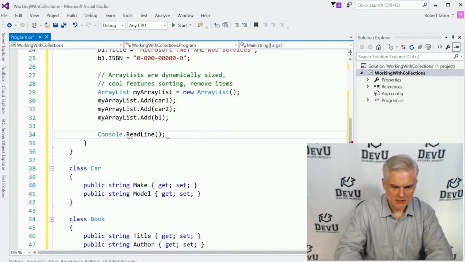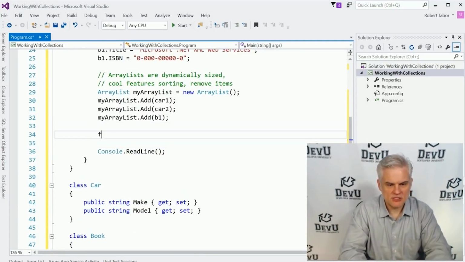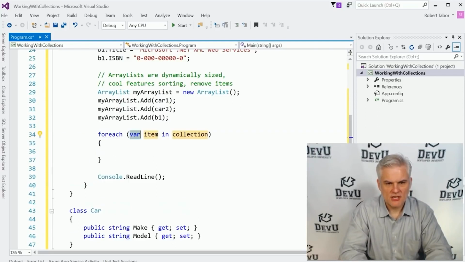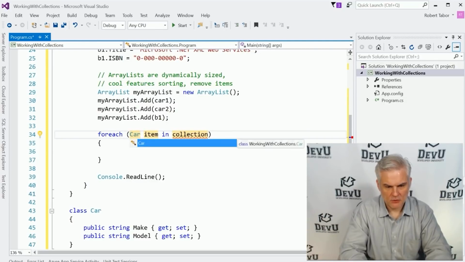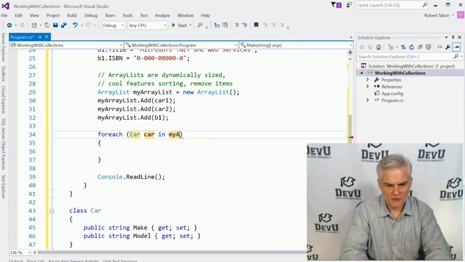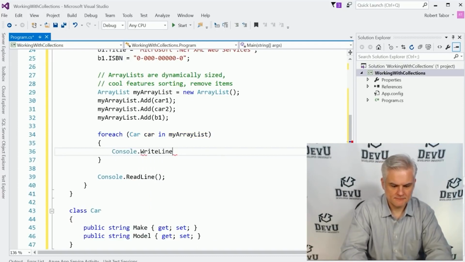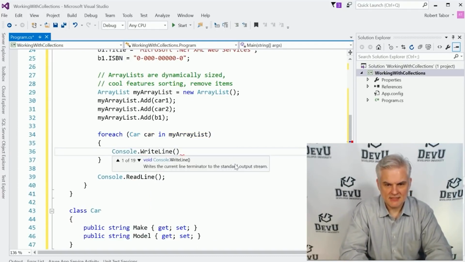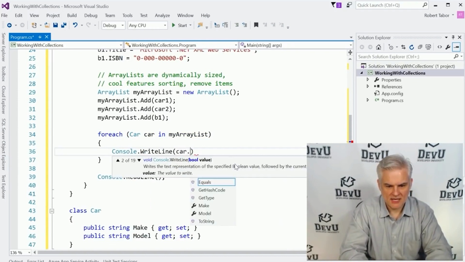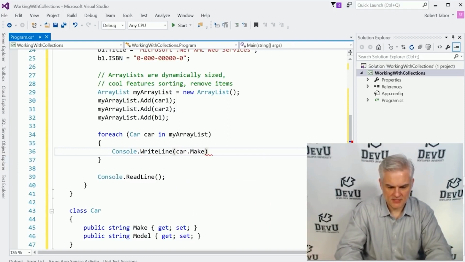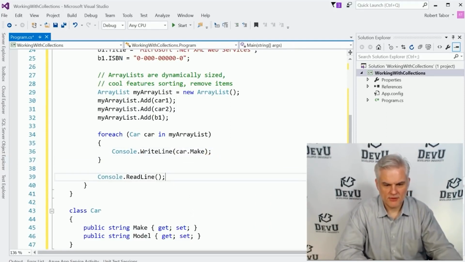And what am I going to work with here? Let's just say I'm going to work for each car in my array list, all right? And then I might go console.WriteLine, and let's just go car.make, like so, all right? And print that to screen, and let's run the application, and we will get an exception whenever we hit the